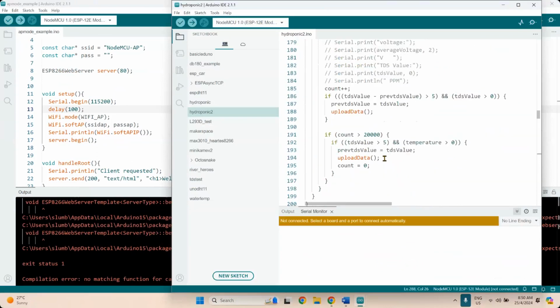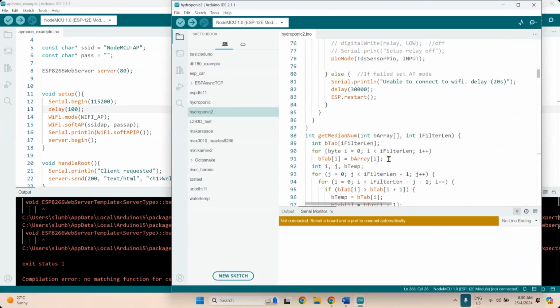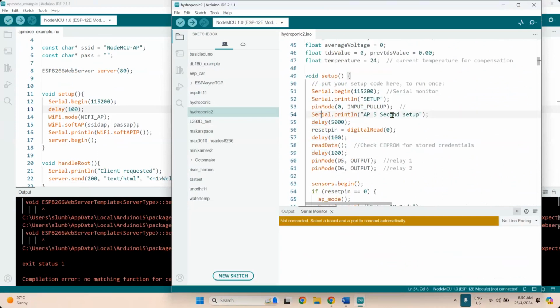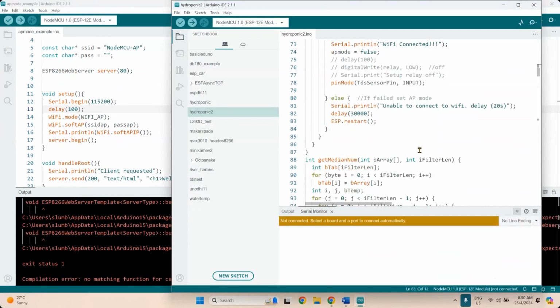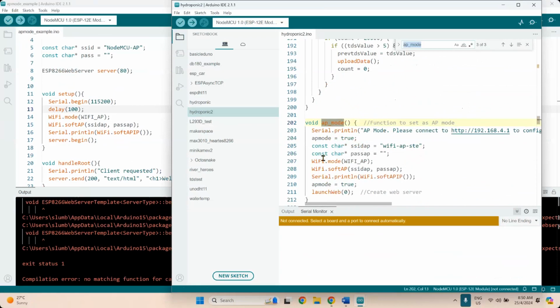Okay, the one that I use here is just to create the access point mode. So read data, delay, create the access point mode, AP mode. So this is the AP mode. Straight away, get it from here.